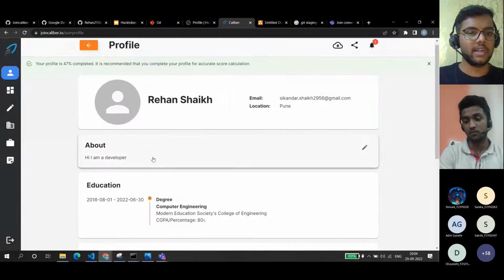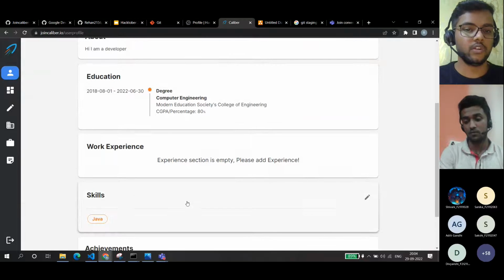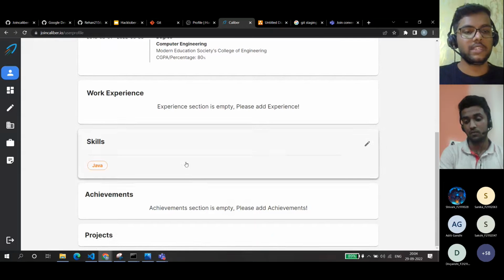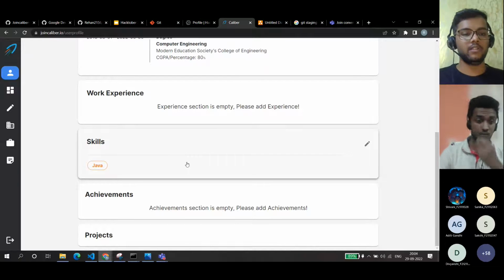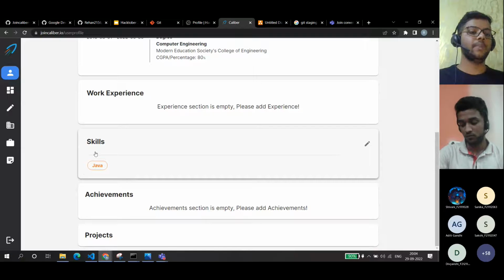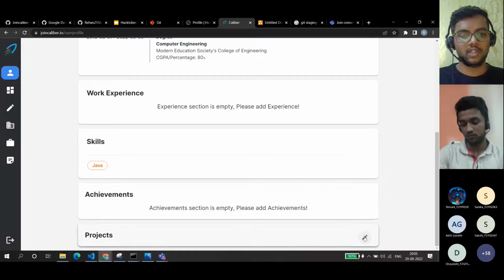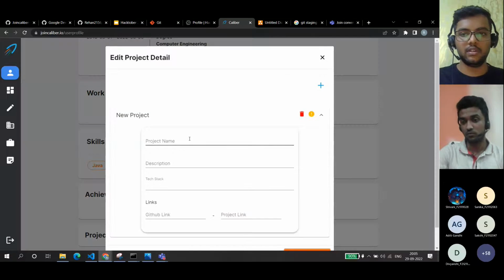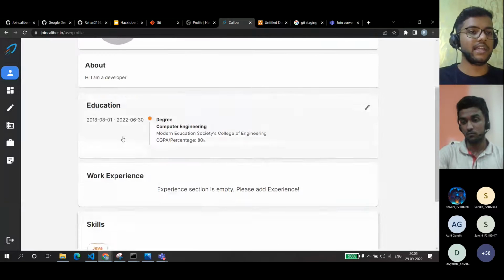This will generate a Caliber score for you, saying how employable you are. You need to actually work on skills that make you more employable. You cannot go and learn COBOL or Fortran, languages that have no relevance in the market. You have to learn Java, and whatever the next languages are, like Python and all. These languages will have a greater impact on your resume. Here you could also add your achievements and the projects you've worked on. That will generate a Caliber score for you.